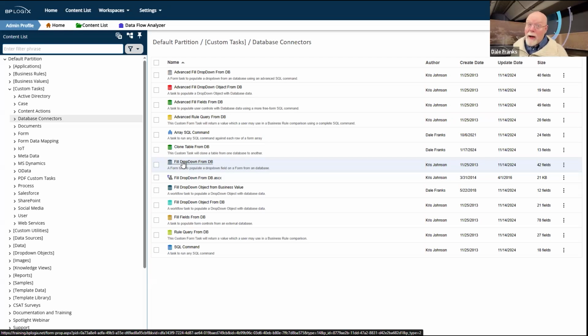Now, there is one that is super useful, and that is SQL command. As we've discussed when we talked about SQL, you do not want to put an update, insert, or delete SQL command in anything other than the SQL command custom task. And if you want to do multiple inserts, updates, or deletes, you're going to have to configure this custom task multiple times. That is by design.